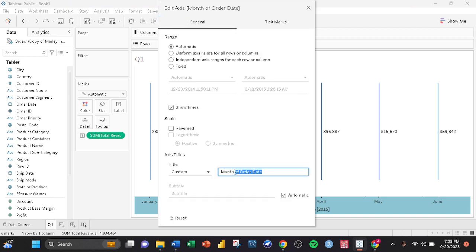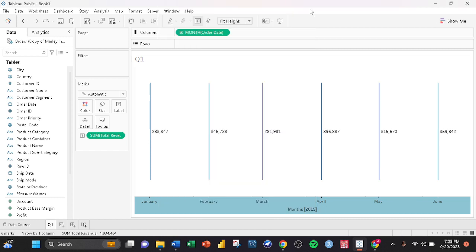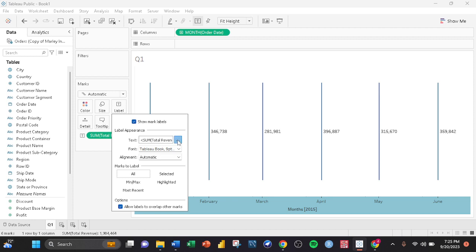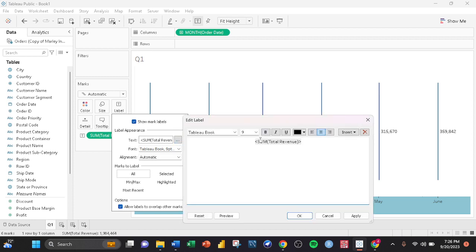I just want to leave what we call months. Maybe months will be okay, and then I click X. So we have months 2015. These are months in 2015, no problem. In case you want to format this information, I think you can go to labels. If I'm not wrong, you click the drop down arrow, and then you can highlight this one because these are